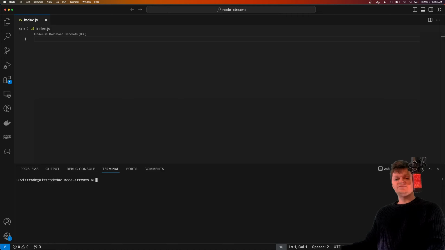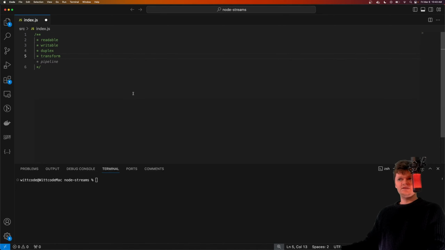Now when it comes to the types of streams, Node has 4 types, and they're readable, writable, duplex, and transform. Readable streams are used to read data from a source, such as from a file. Writable streams are used to write data to a destination, be it a file or say some kind of socket